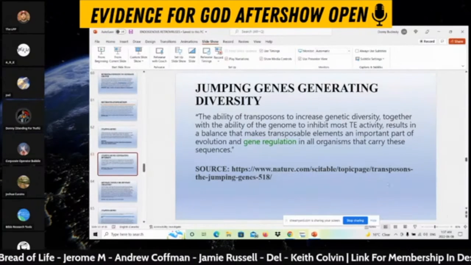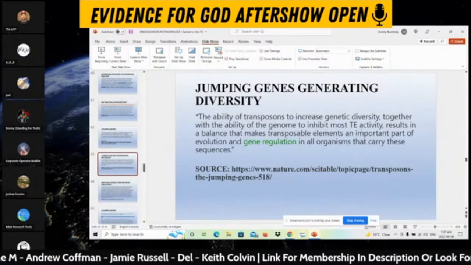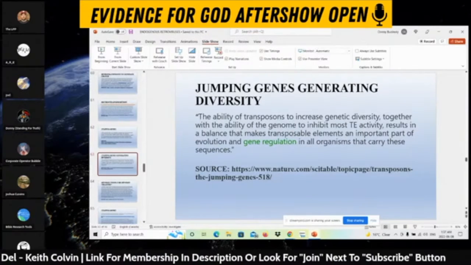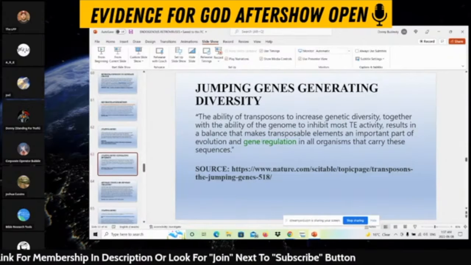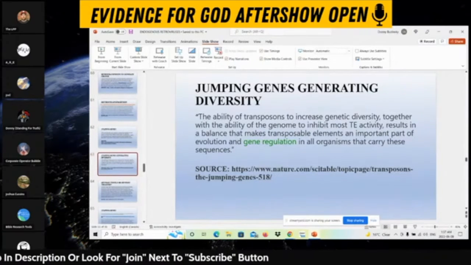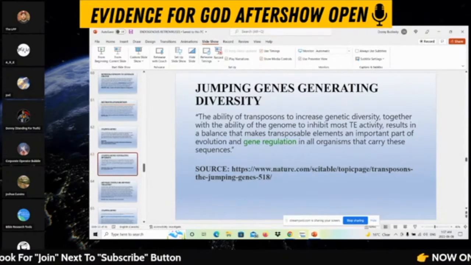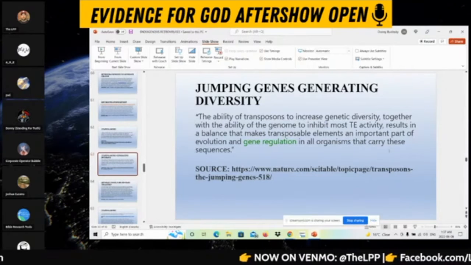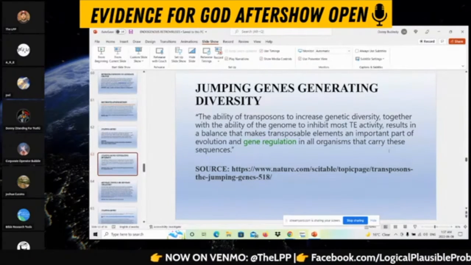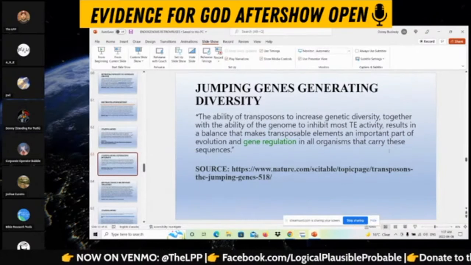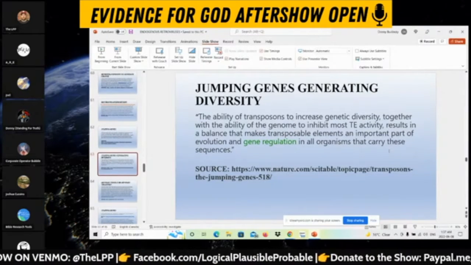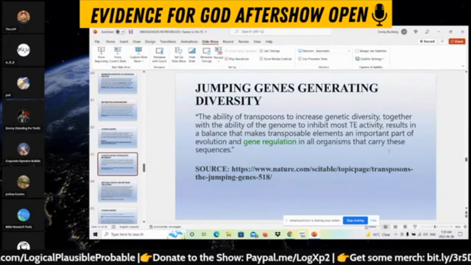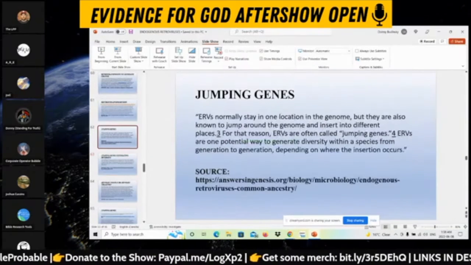So right here, together with the ability of the genome to inhibit most TE activity, result in a balance that makes transposable elements an important part of evolution. And of course, this important part of evolution is the presupposition there. And gene regulation in what? All organisms that carry these sequences. Why do all organisms share these types of sequences? Well, if they're utilized by the organism for gene regulation, gene expression, determining cell types, embryological development, and so forth. But the last thing I want to say, Andrew, and hand it over to you,